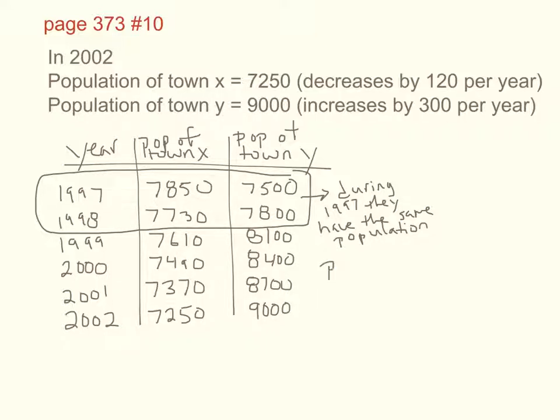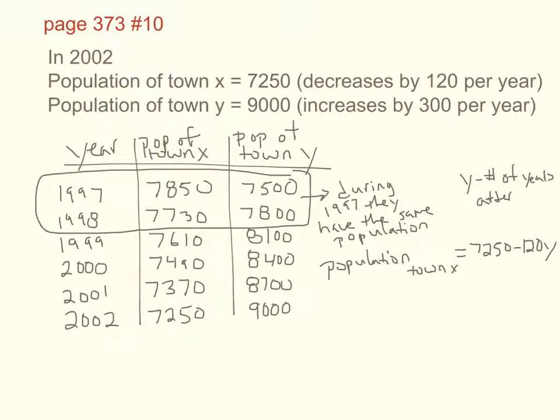So you have the population of town X, and the population of town X is going to be 7,250 minus 120y, where y is number of years